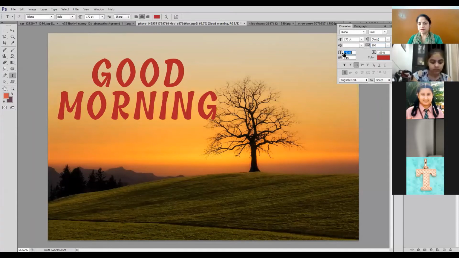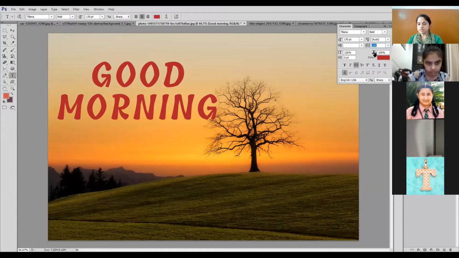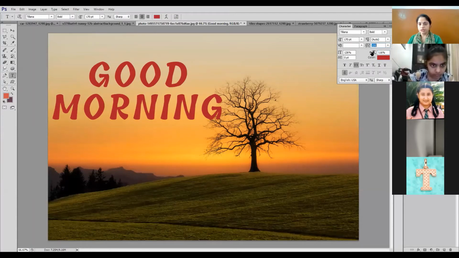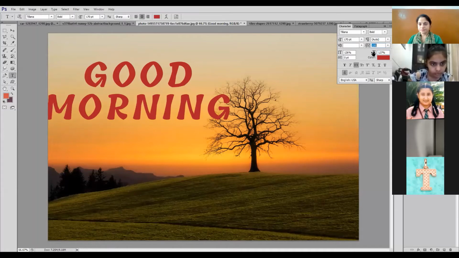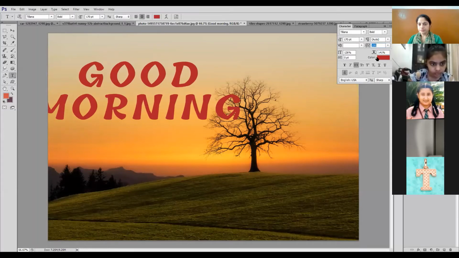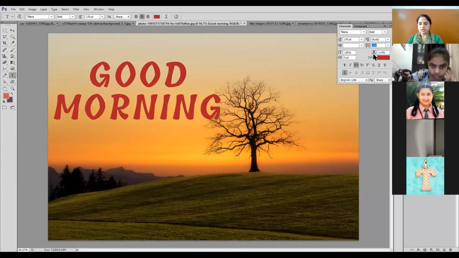Only height-wise they are increasing. I can increase or decrease it. If I decrease the horizontal scaling, the letters will shrink horizontally.